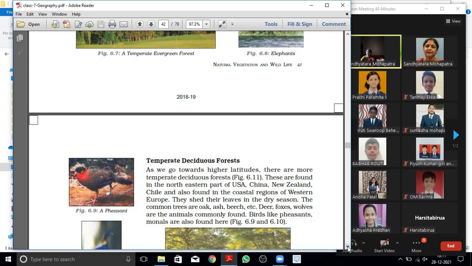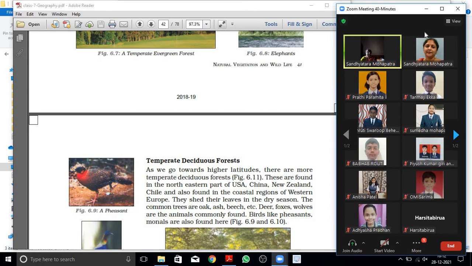Similarly, we have a temperate deciduous forest. As we go towards the higher latitude, that means away from the equator, more temperate deciduous forests are found. As I said, deciduous means they shed their leaves in which season? Dry season. And they are found in parts of USA,